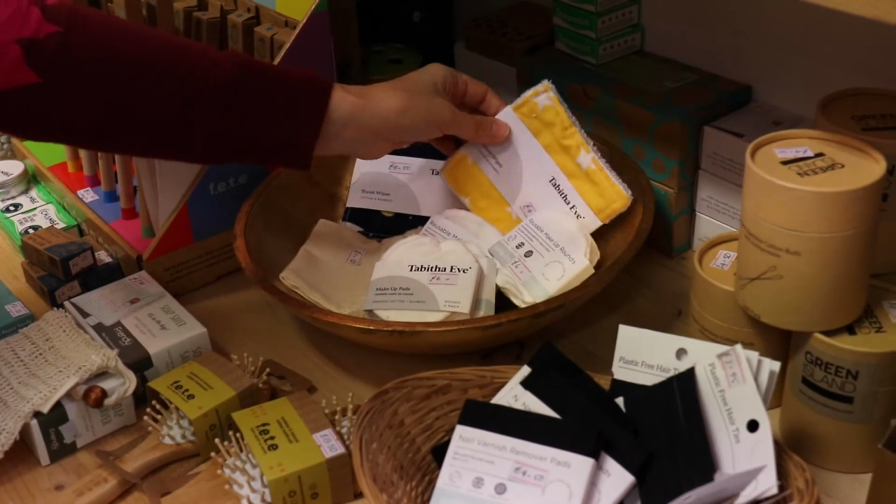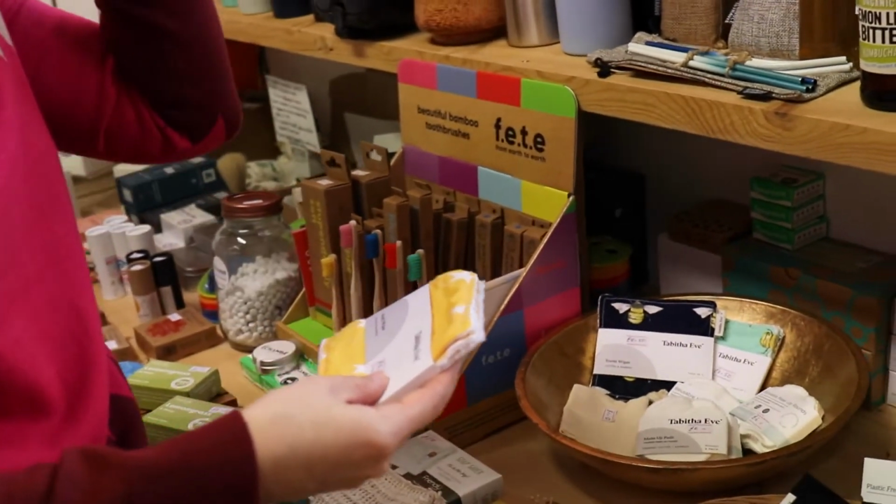Both are products or brands that I have spoken about on this channel in the past. The first being from the beautifully designed Tabitha Eve. So you might have heard me talk about the makeup cleansing wipes or the travel pads before, which I think would be really nice gifts. Although again, they sound practical, because they're quite beautifully done and they have some nice unique designs, they would make